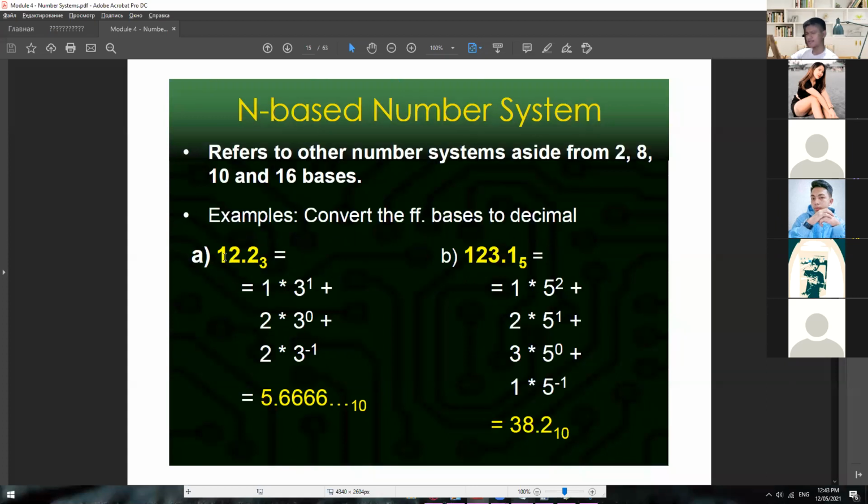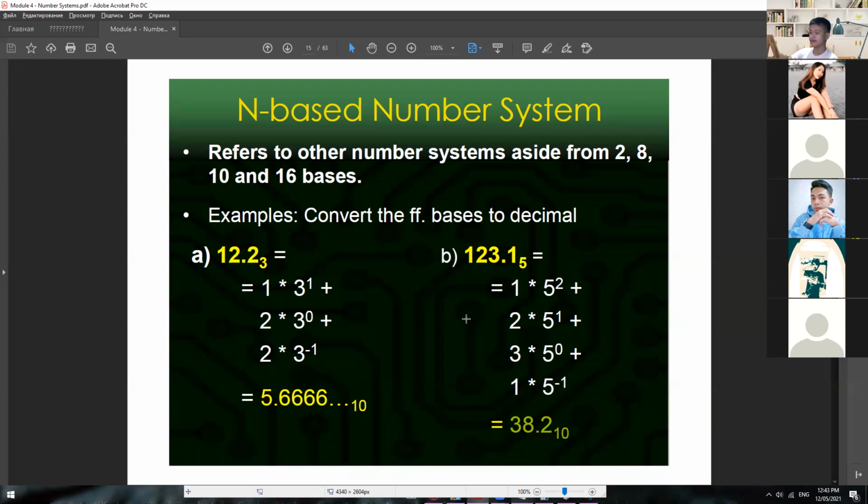So again, just line this one up from top to bottom. The same process starting from the decimal. We have 0 and above, and then -1. Just do the math, then you will get 5.666. The same with this one, 123.1. So just line this one up from top to bottom, 1231. And then starting from here is 0 and above, and then starting from here is -1 and below. And then just do the math, and then you will get 38.2. Okay,